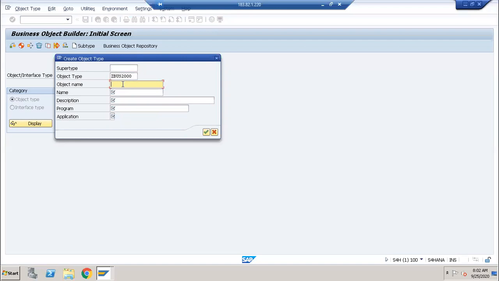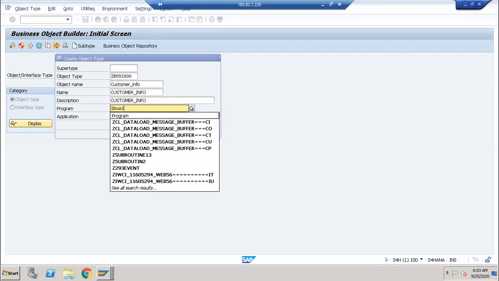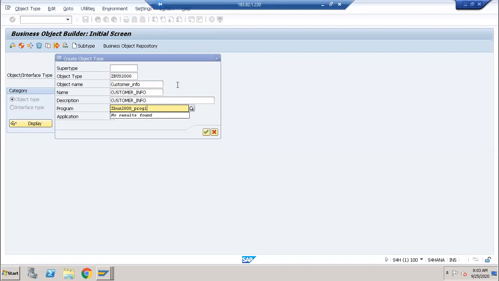Object name, customer info information I'm taking. Some program name I'm taking here.